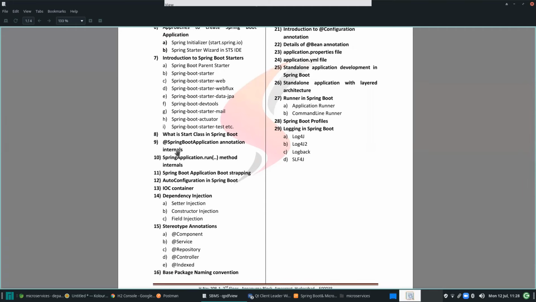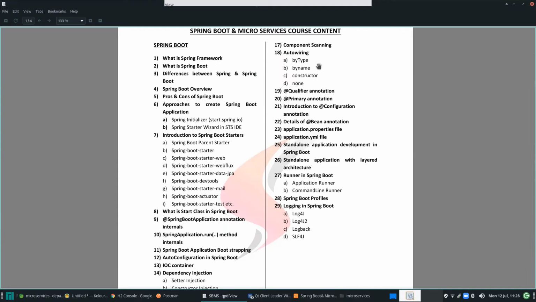All that stuff, what is setter injection, what is constructor injection, even some of the Spring concepts we will cover here. How auto wiring will work, what is qualifier, primary, all this stuff we will check in Spring Boot.